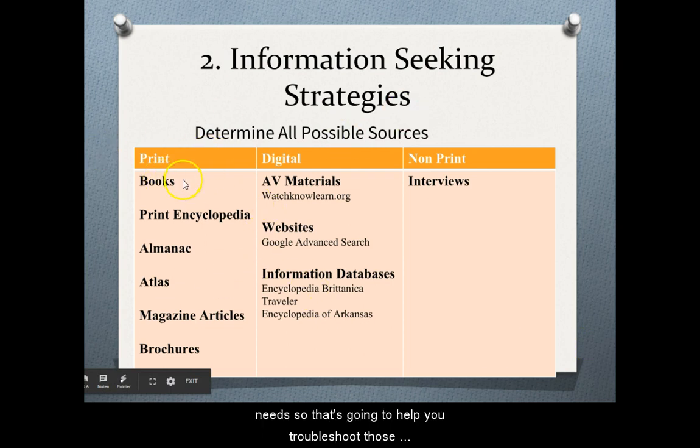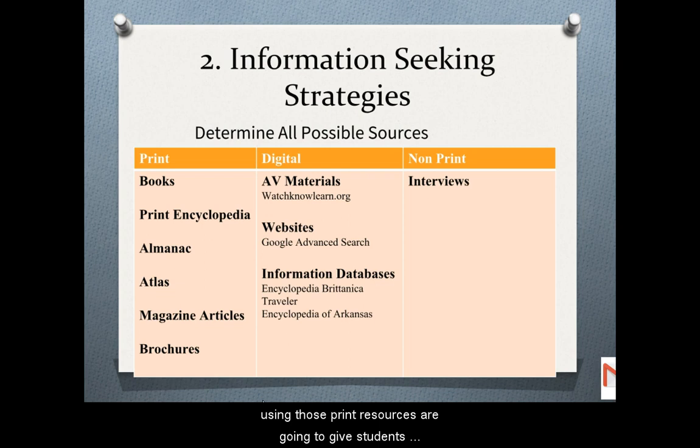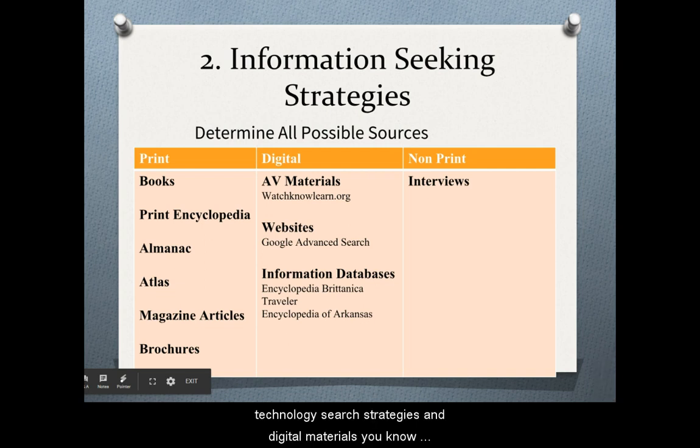So think about books. Do you have print encyclopedias still? Do you have current almanacs, atlases? Do you have magazine articles or other periodicals or even brochures? Using those print resources is going to give students more than just the opportunity to use their online or technology search strategies. Digital materials, maybe you've got access to a video database, watchknowlearn.org, or some of the other resources where